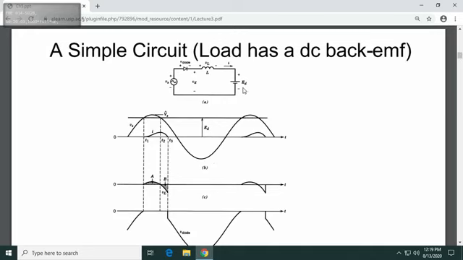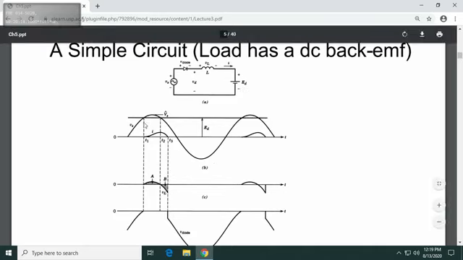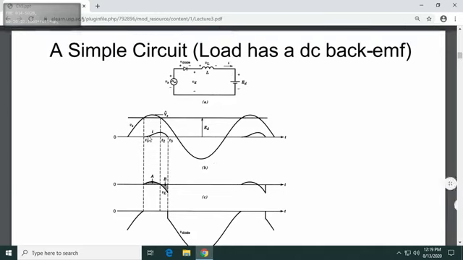The diode is only going to conduct once Vs is greater than Ed. Then the diode starts conducting. This is when you see this current start rising, and the current rises till which point? Until Vs is greater than Ed. Once Vs is less than Ed, the current starts decreasing because there is no need for current, and then the